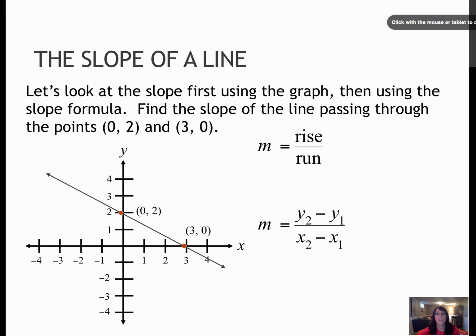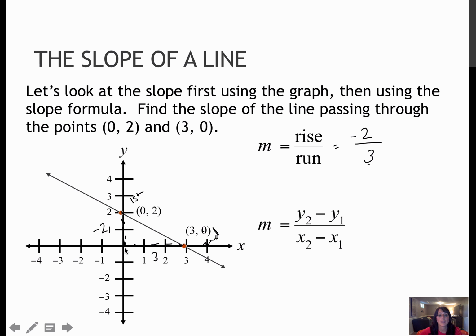So let's take a look. First, let's just look at it in rise over run, and then we'll look at the slope formula using the 2 points they gave me. If I were just looking at rise over run, I would say I've got 2 points on my graph. If I were to count the rise and the run, let's say I'm going to use this as my first point and this is my second. From my first point to my second, I had to go down 2 units. So that's my rise. My rise is -2. My run is 3 units to the right. So my slope is -2/3,